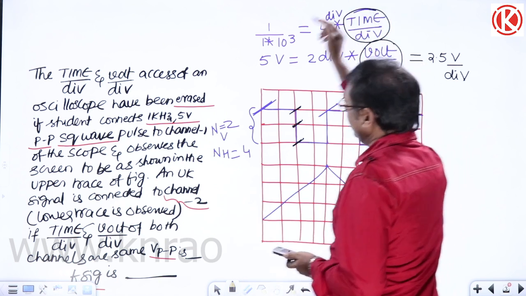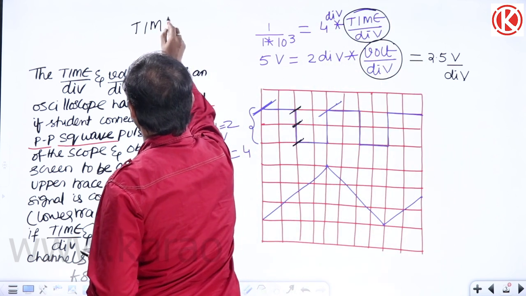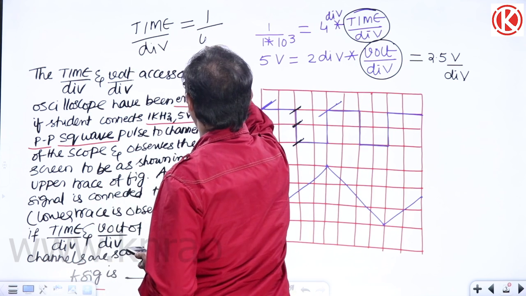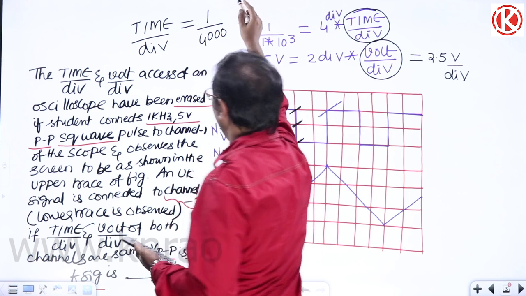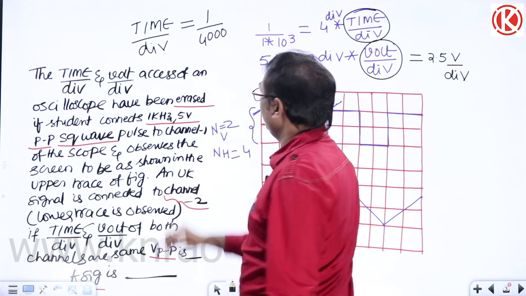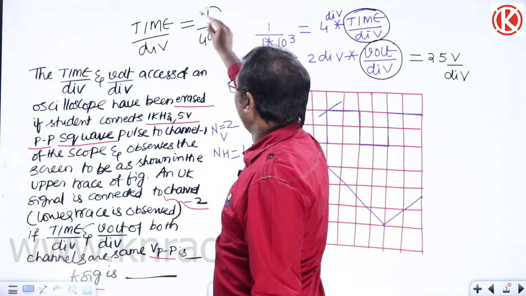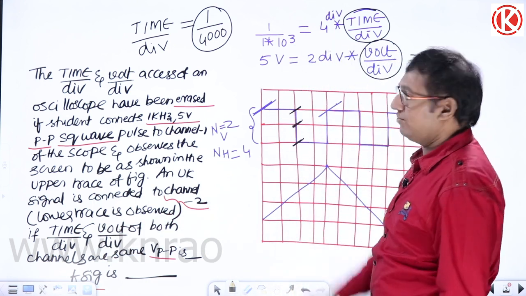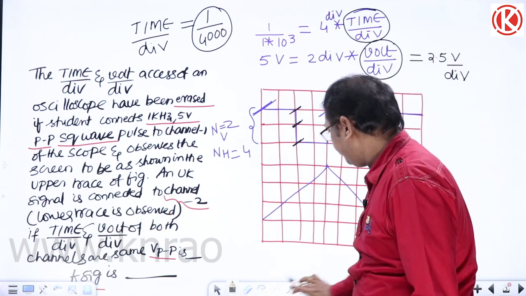Yes, we can write the time per div setting. Writing here: time per div setting equals 1 by 4000 seconds per division. Simply let us take this value 1 by 4000. Hope it's clear. Right, 1 by 4000. Next,